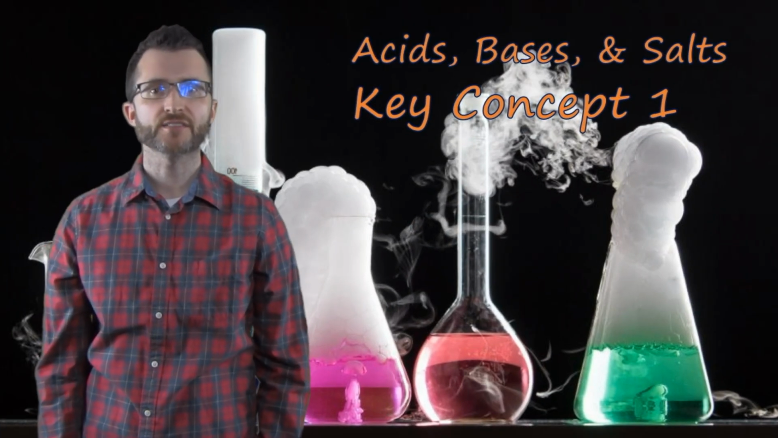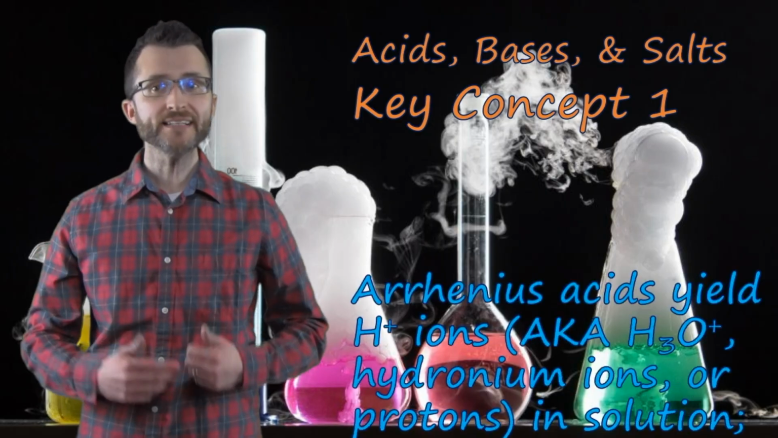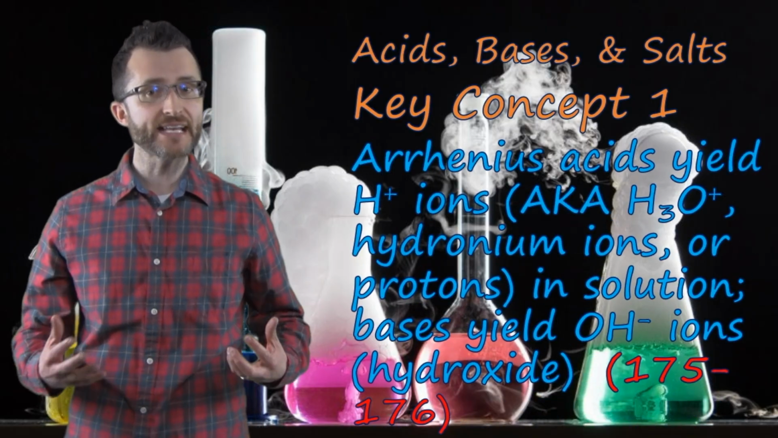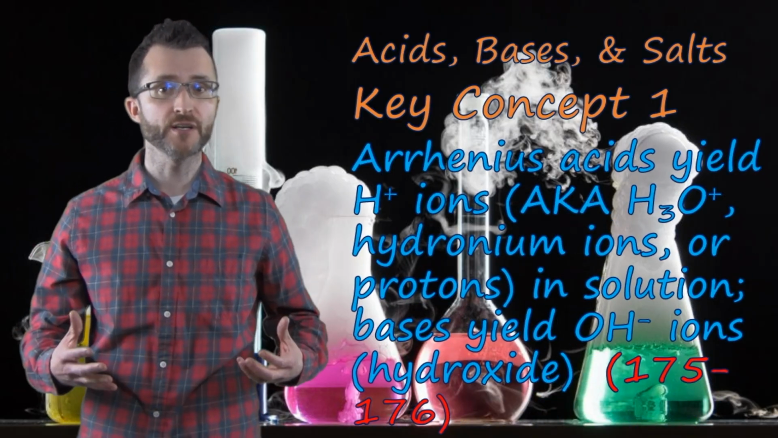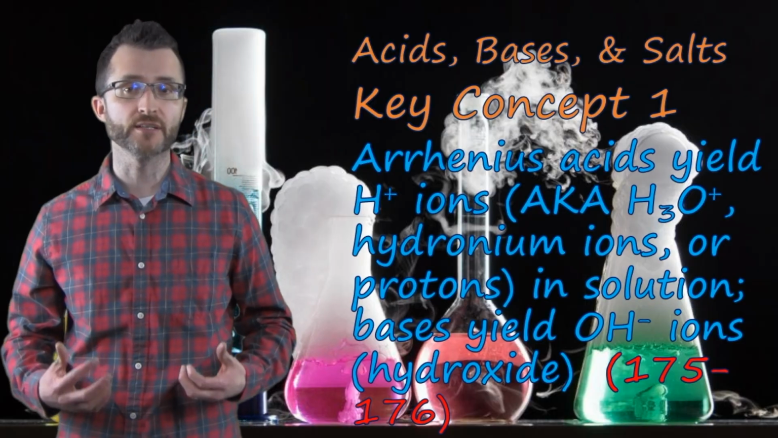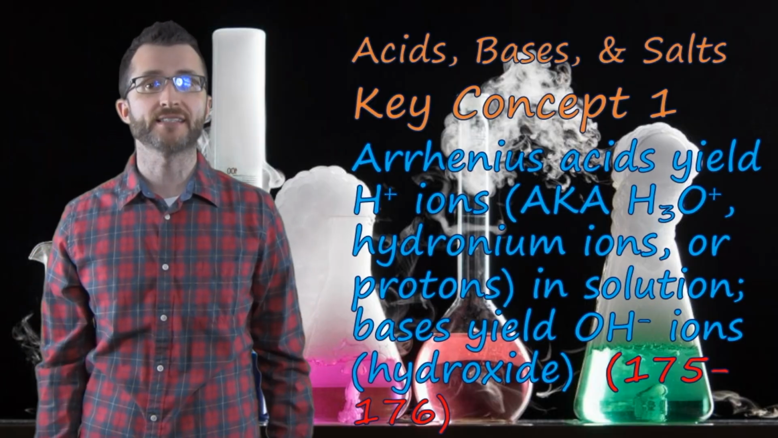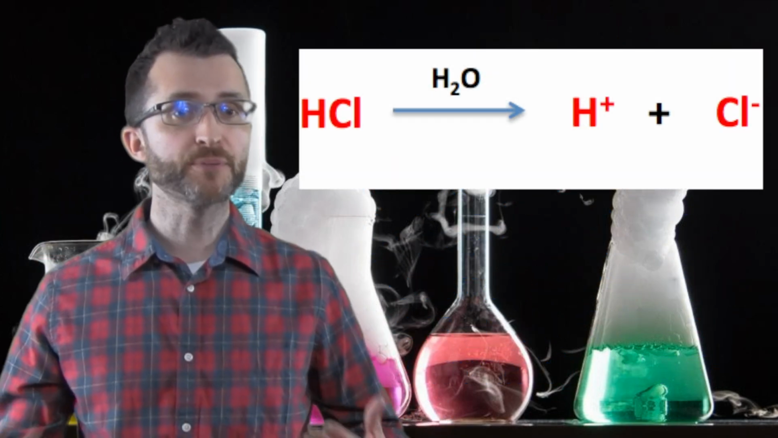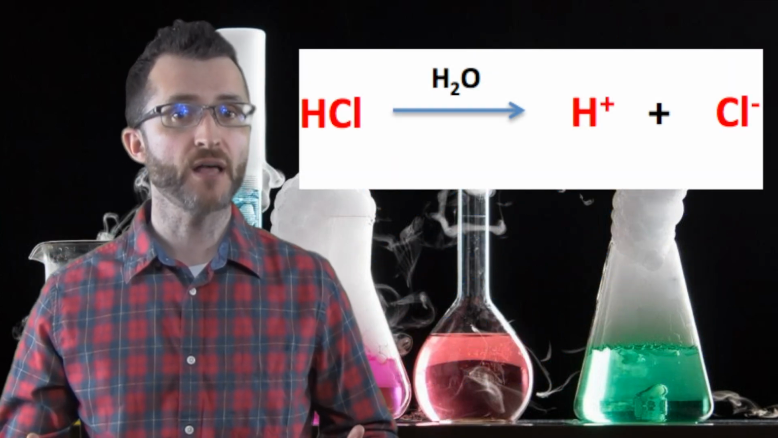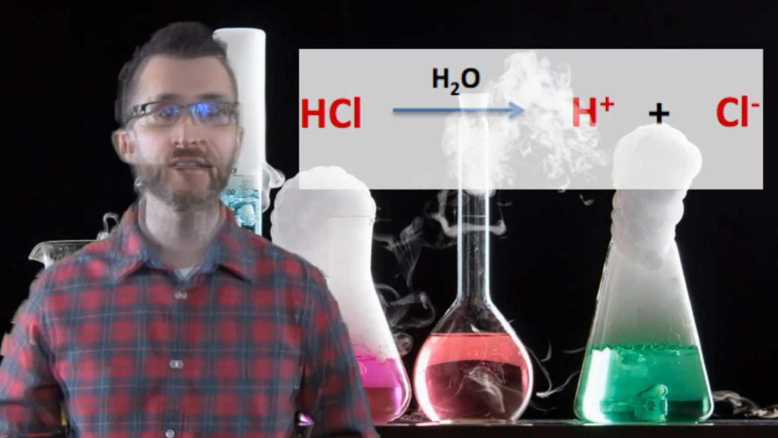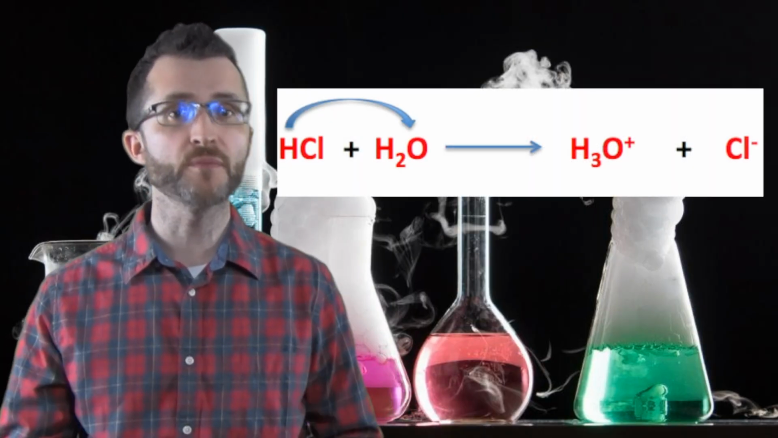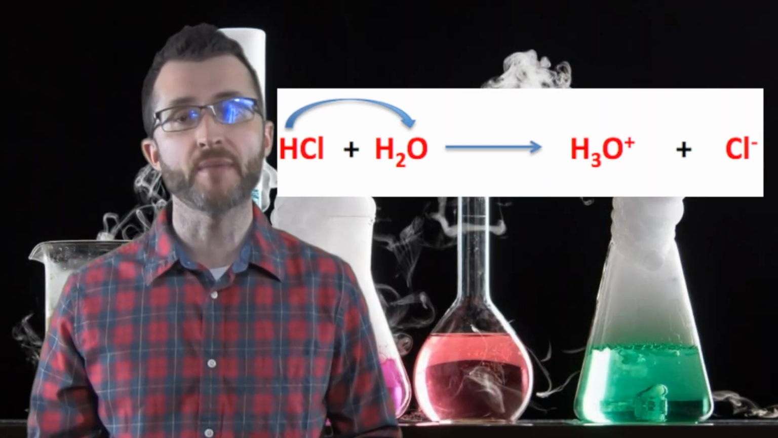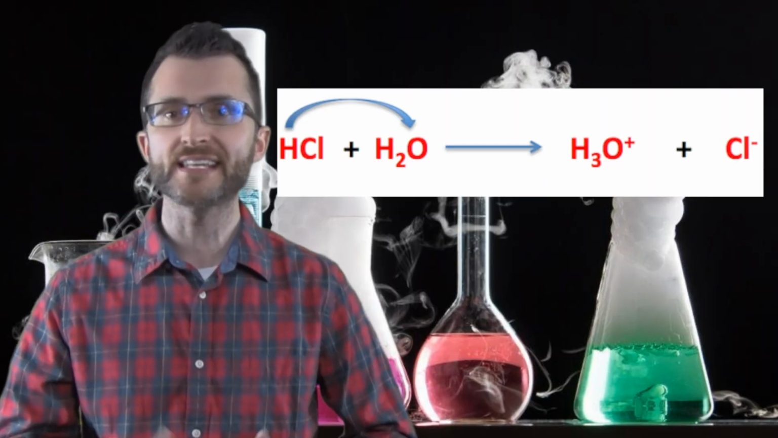Acids, bases, and salts, key concept 1. Arrhenius acids yield H+ ions, aka H3O+, hydronium ions or protons, in solution. Bases yield OH- ions, hydroxide. When an acid is added to water, it produces hydrogen ion or H+. We should see this as a product. That hydrogen ion can also combine with water to make hydronium ion H3O+, so we may see that as a